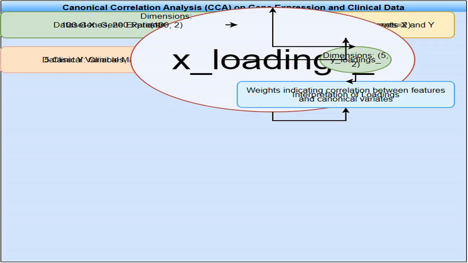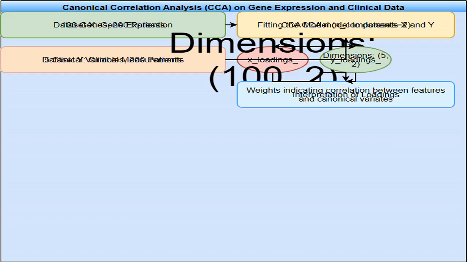This is an output from the CCA model. It tells us about the relationship between each gene and the two main components, or relationships, it found. We want to understand what each gene's contribution is to those relationships. The output